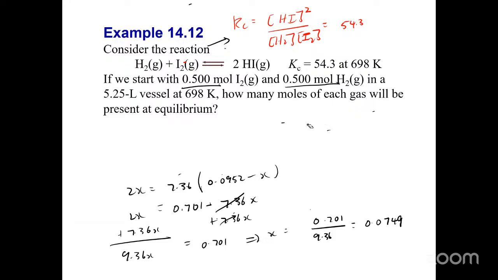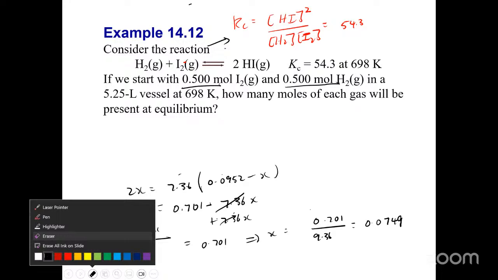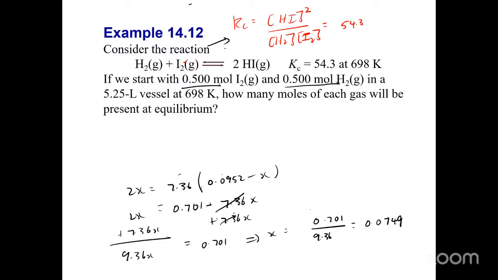Based on the table I had before, I determined that at equilibrium, the concentration of H2 is equal to the concentration of I2, which would be equal to 0.0952 minus x, right? x is what we just calculated, 0.0749. So 0.0952 minus 0.0749 gives 0.0203